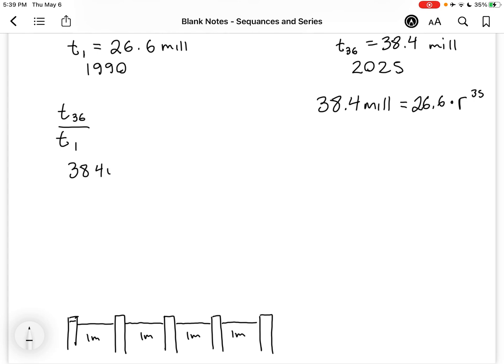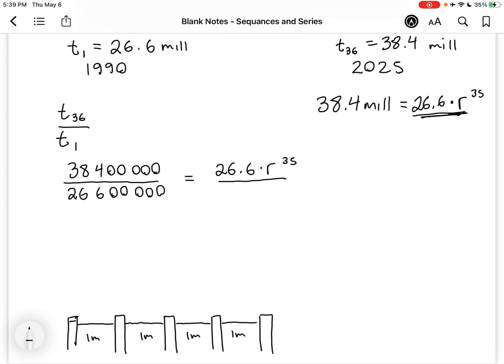I'm just going to write out the whole number over 26.6 million. And actually the zeros are going to cancel. That has to equal what 38.4 million is equal to, so 26.6 times r to the 35